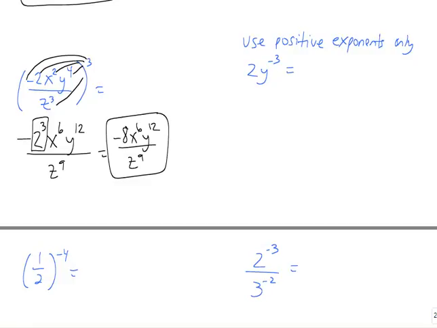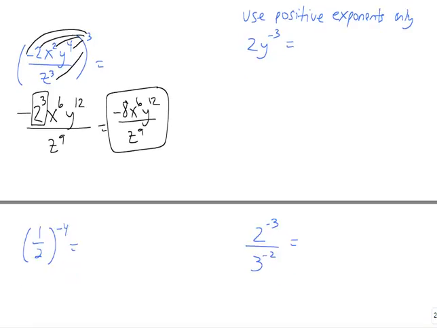Alright, now we're going to do a few examples with some more of these negative exponents. We haven't really done any of those yet. So if I see the expression 2y to the negative 3, oftentimes your instructor or your textbook will ask you to write your answers using positive exponents only. So this would not be correct because I have that negative 3 power. So what we want to do is remember that negative exponents flip, and since this y to the negative 3